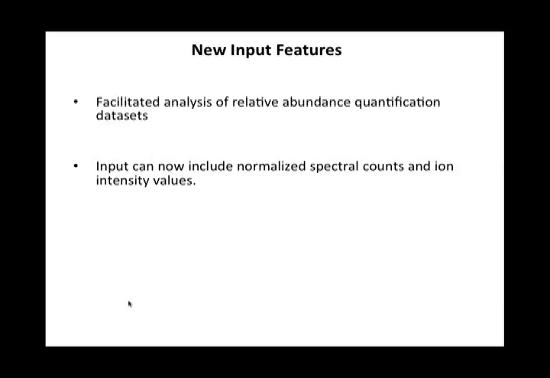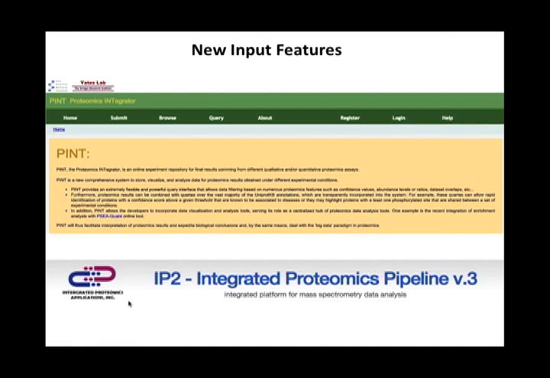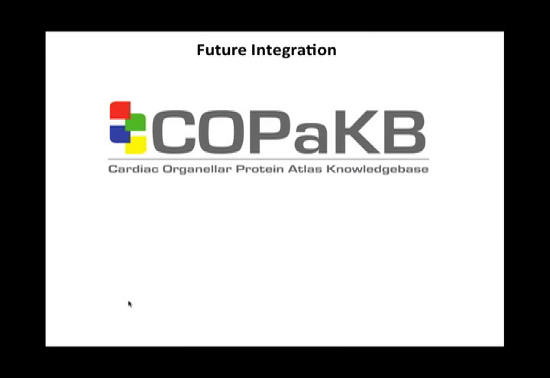We've also added new types of inputs in terms of absolute quantification. I was talking about spectral counts before, but now we can also analyze data sets that are quantified using normalized spectral count strategies such as NSAF. And we've also added a PSEA-Quant module for the analysis of proteins that would be quantified using ion intensity values. This is another proxy that comes from the mass spectrometry analysis for the protein abundance.